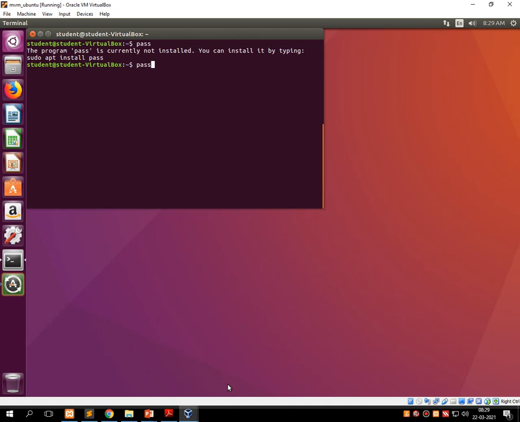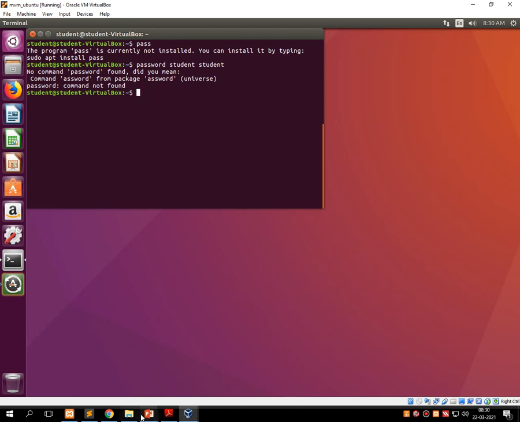The correct command is password, then the password which you want to keep for the user ID, that is called student. Whenever I type this and press enter, it shows a message that the command is not found.